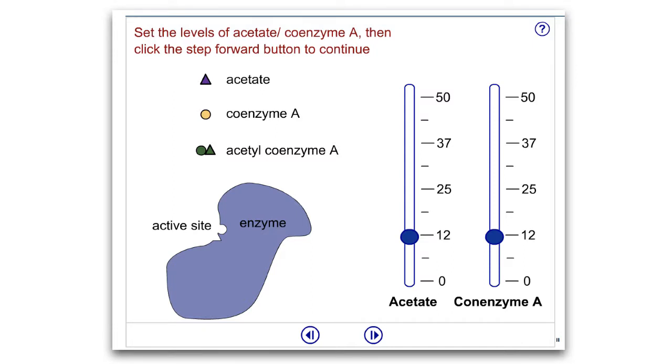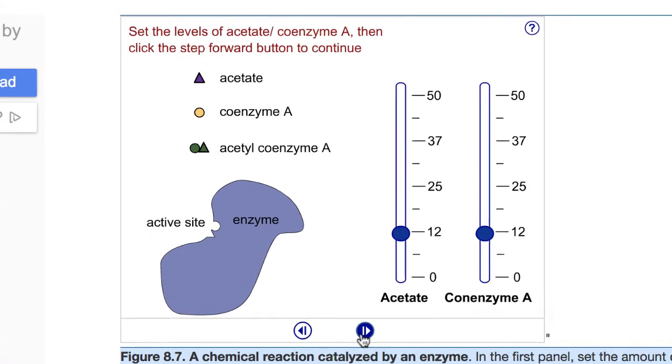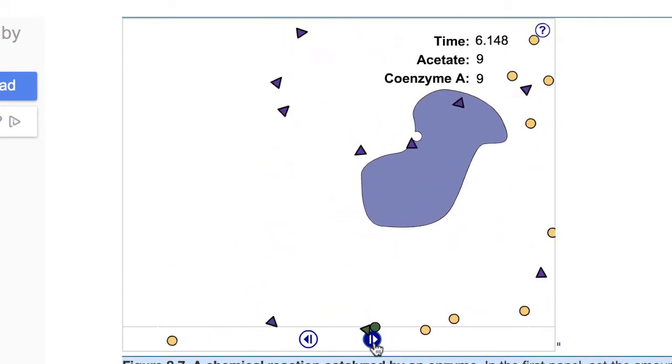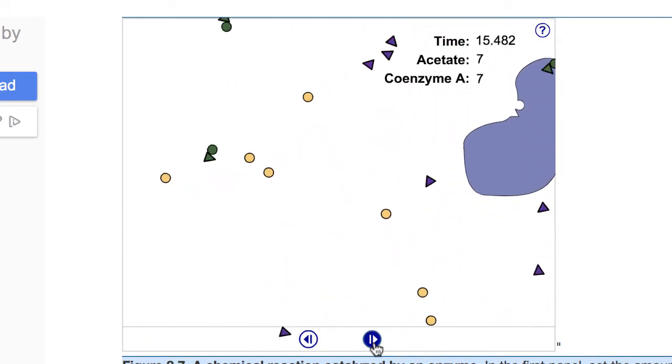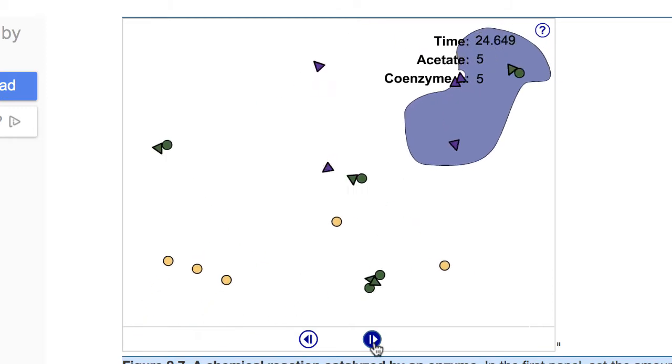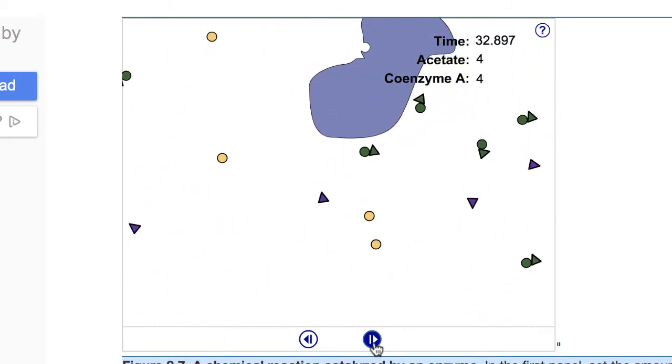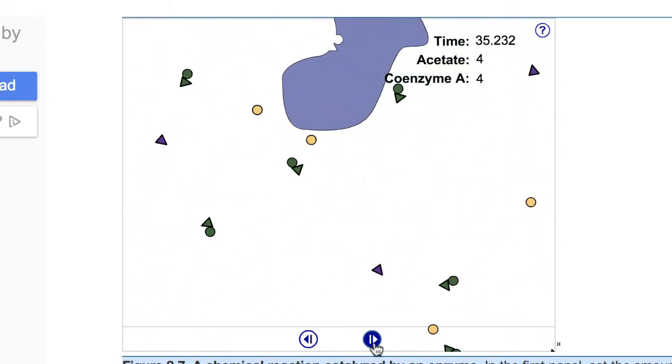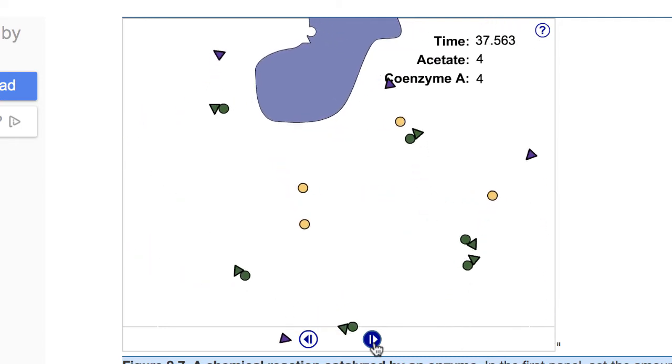Let's return to our reaction simulation, but this time add an enzyme. You will note this example enzyme also has a pocket where substrates bind and react. This pocket is called the active site of the enzyme. We will leave our numbers at 10 just like before. As you can see, after 30 seconds, we had 6 reactions.